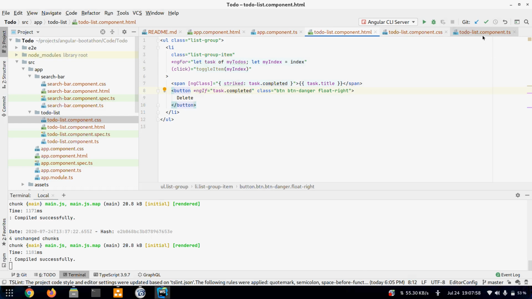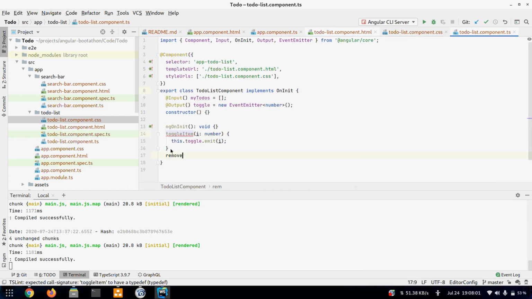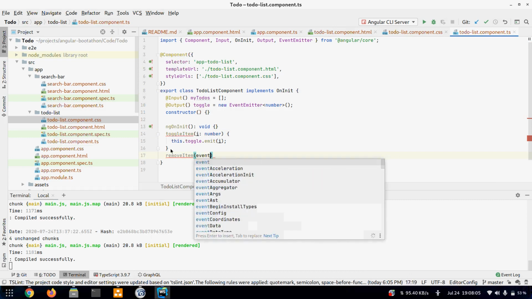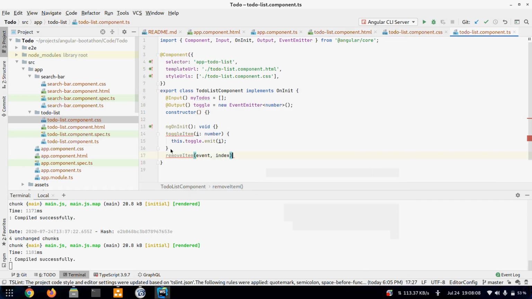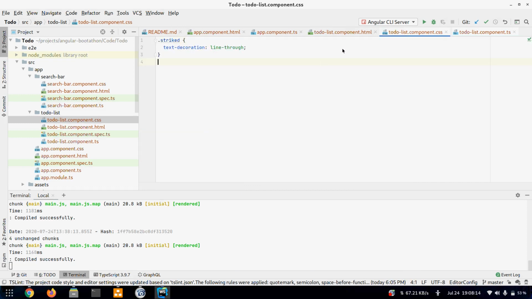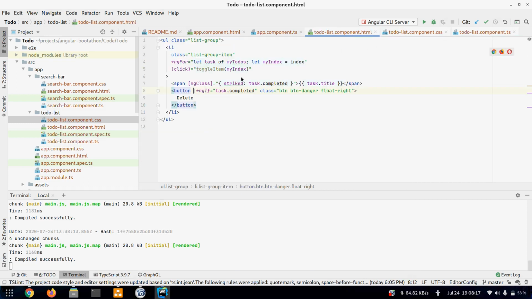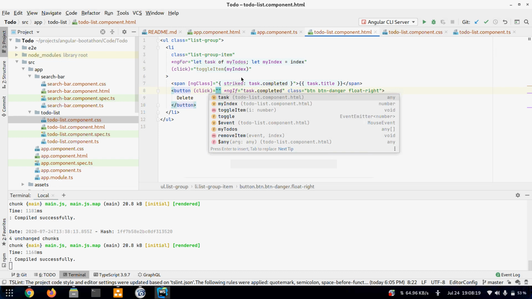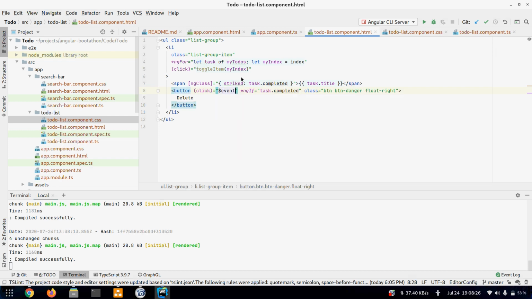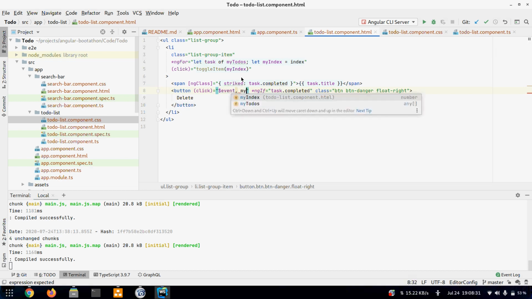Let's first create a method for this too. I will call it removeItem. It will be called with event and index. So first let's call this. Whenever we click it, the first argument inside our method will be the event, so we'll use the same $event, and second will be the index that we want to delete, so I'll pass my index.